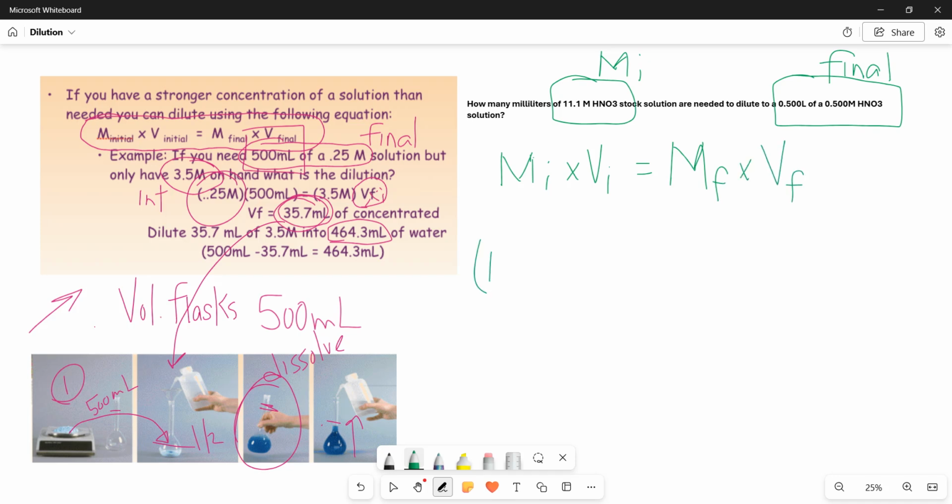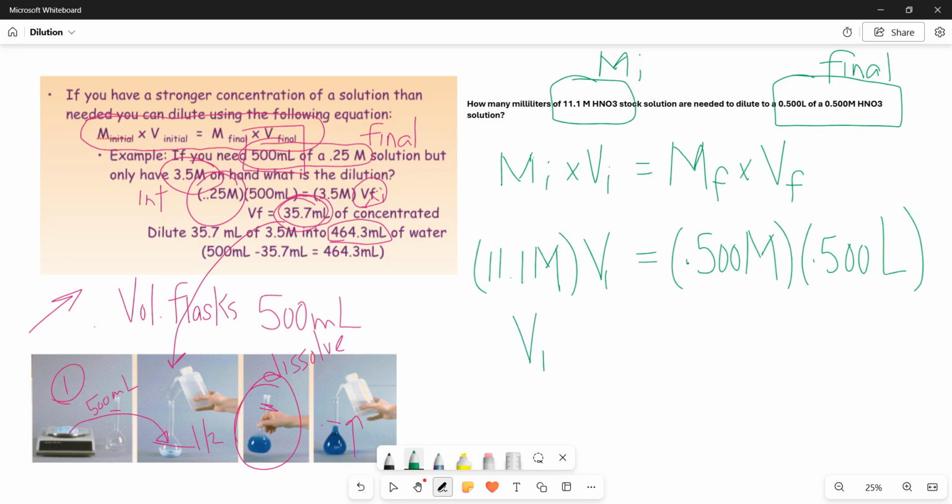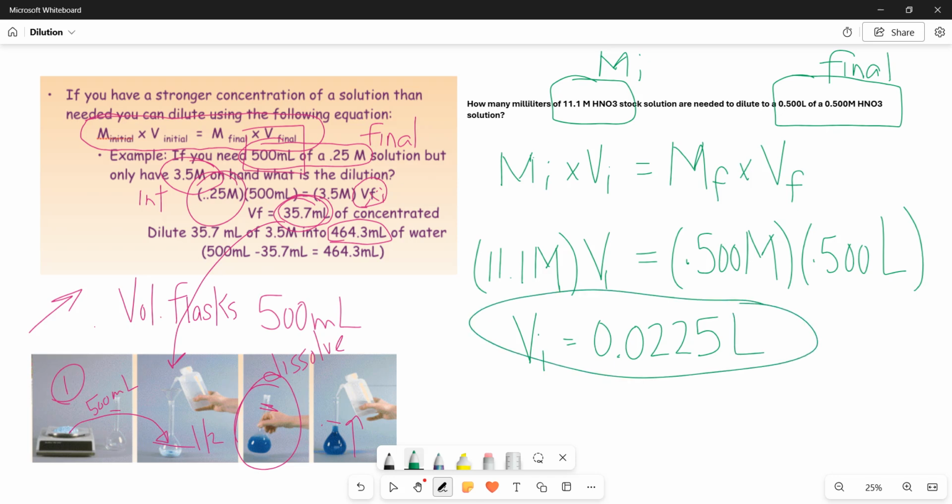So my initial concentration is 11.1 molar. I do not know my initial volume. My final desire is to have 0.500 molar and 0.500 liters. So in this problem, my initial volume that I need when I solve for this is 0.0225 liters. Now, what does that mean as far as making it? Well, if I convert this to milliliters, I'm going to take 22.5 milliliters of the concentrated solution,